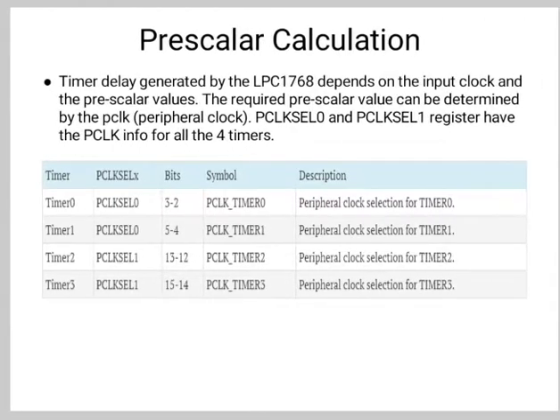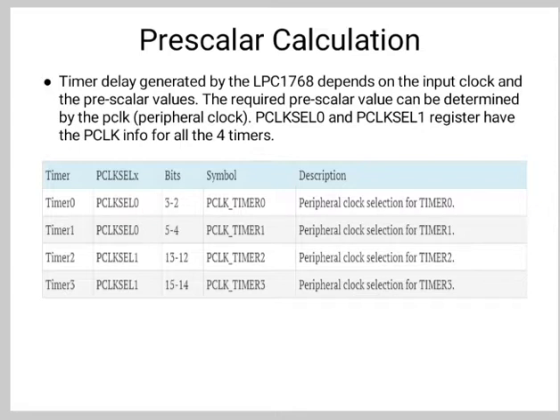So the timer has a timer counter and a prescale register associated with it. When the timer is reset and enabled, TC is set, that is, the timer counter is set to 0 and incremented by 1 every PR plus 1 clock cycles. When it reaches the maximum value, it gets reset to 0 and hence restarts counting.